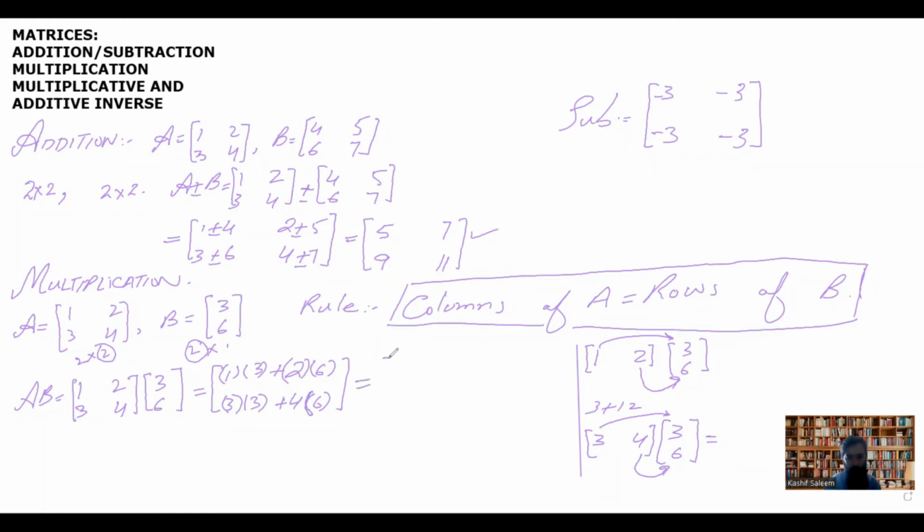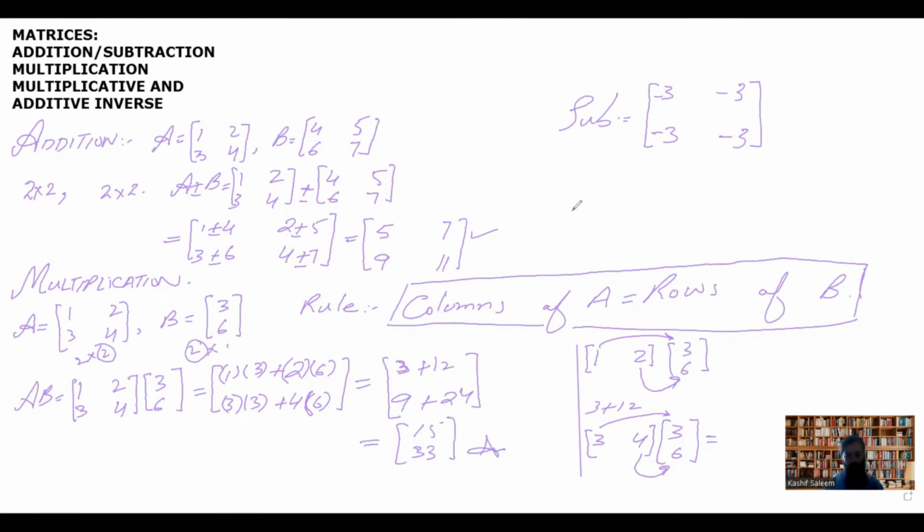So you have 3 plus 12, and this is 9 plus 24. So you have 15 by 33. So this is the required answer for multiplication. Now,